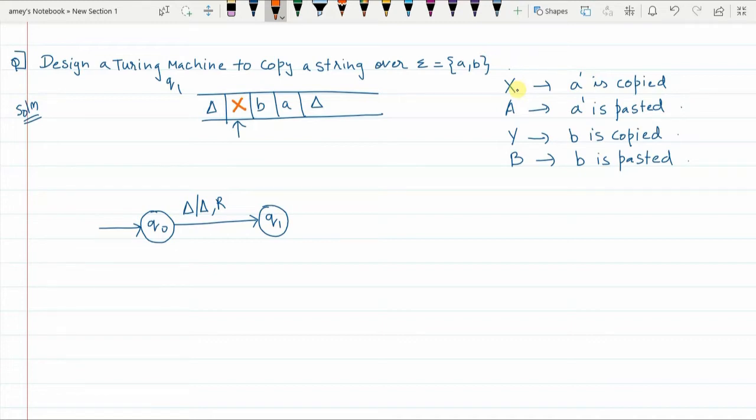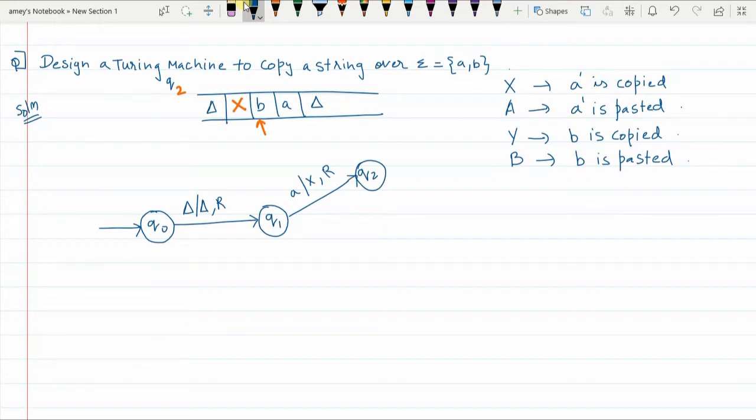After doing that, the pointer moves one place to the right, and from Q1 state I go to Q2 state. Now the same thing I will show in the figure. In Q1 state, when small a is encountered, I am copying that a. That means small a is replaced with capital X, the pointer moves one place to the right, and I go to Q2 state.